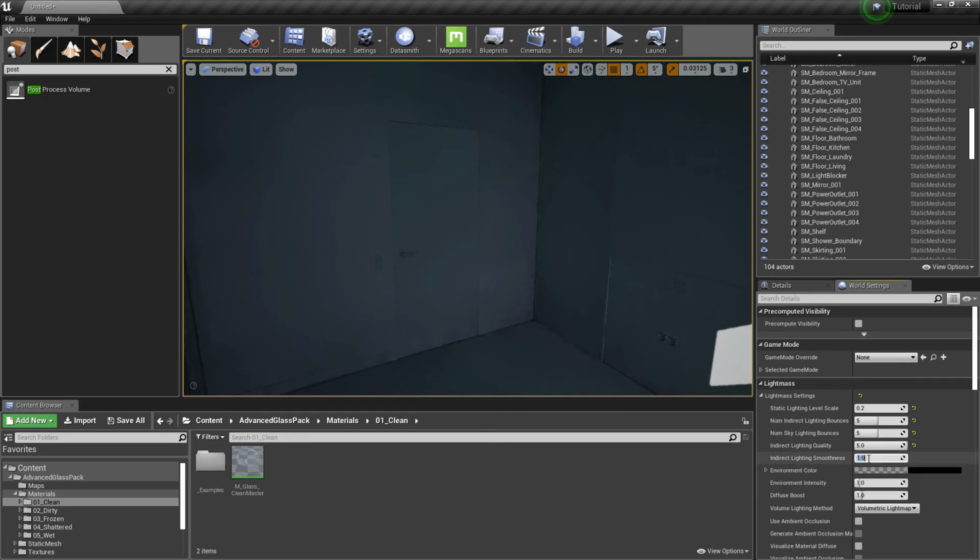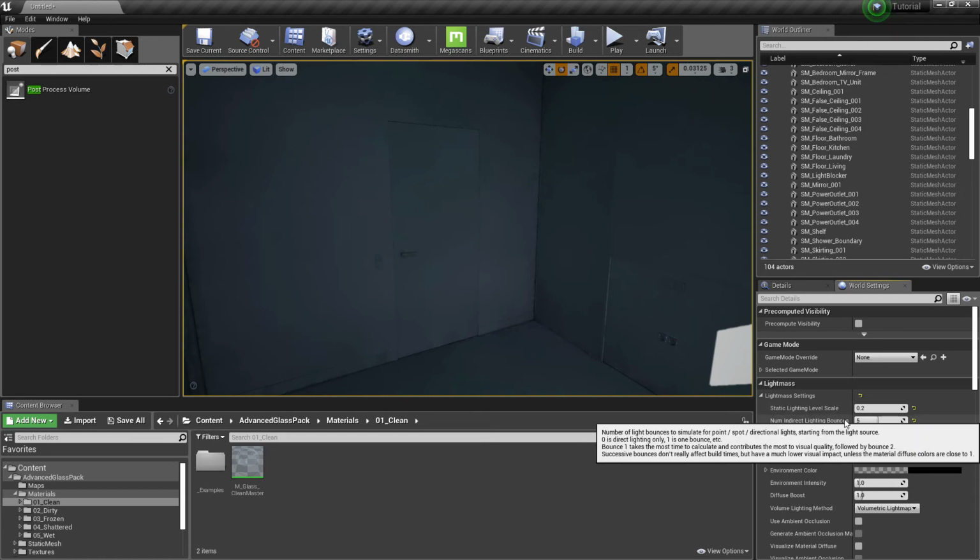We will try to reduce the noise by increasing the indirect lighting smoothness now. It reduces the noise that was brought in after tweaking the SLLS.